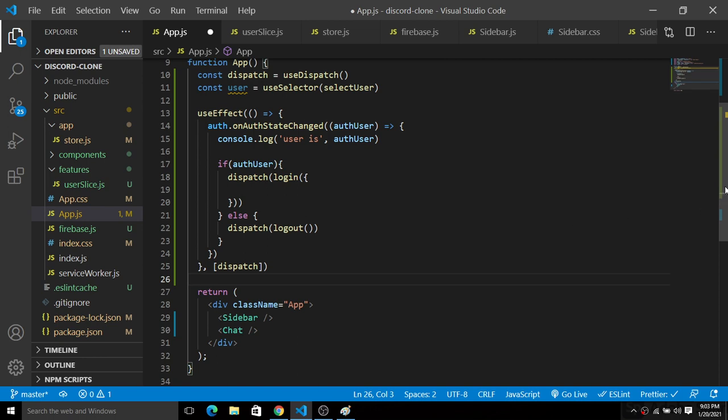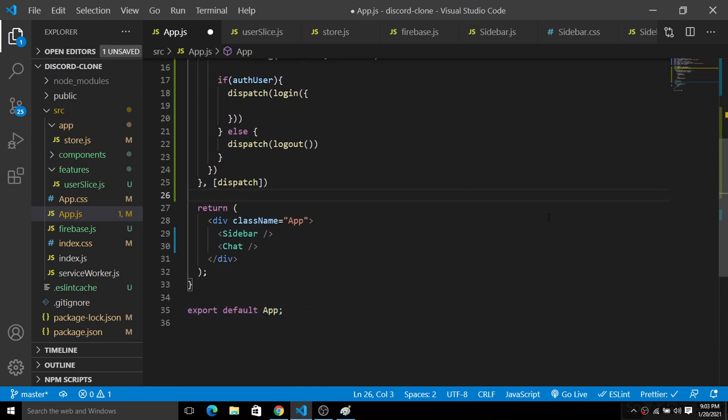Fine. Now we have the user here. So basically I will use a ternary operator here. Meaning if there is a user, then we will render this thing, or we will render this other thing. So I will grab this sidebar or chat inside this.